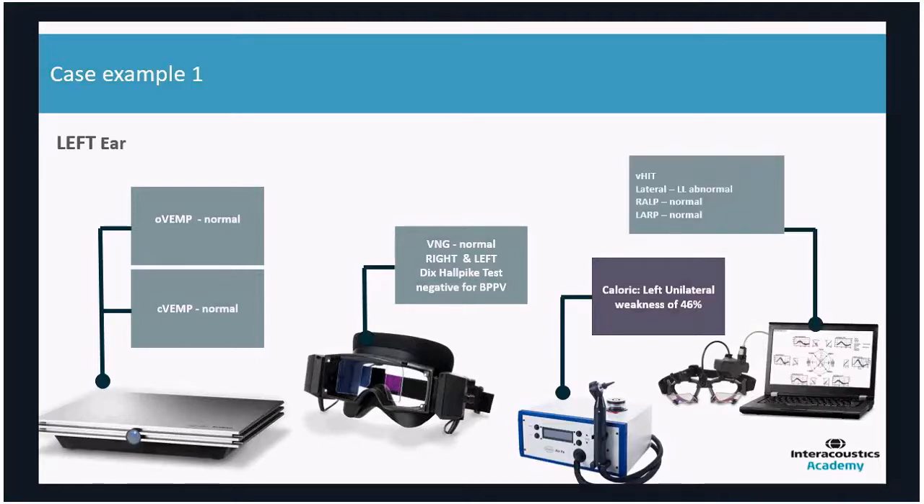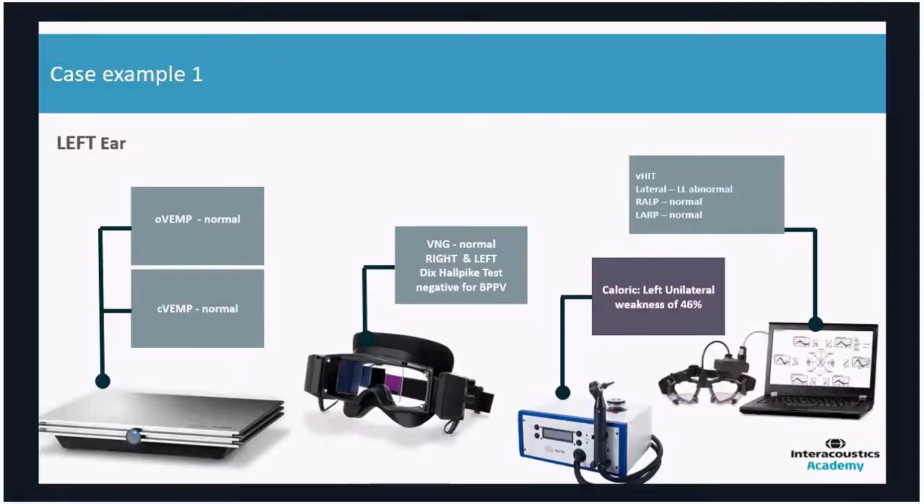So we can undertake our vHIT. Actually, in this case, our vHIT has confirmed the caloric test. We can see here that our lateral left has an abnormal response, so he's got some saccades correcting for the dysfunction that's occurring in the left peripheral system. But we've now reassured ourselves that our RALP and our LARP responses are normal, so there are no catch-up saccades on either the right anterior or left posterior VOR semicircular canal response, or the left anterior and the right posterior